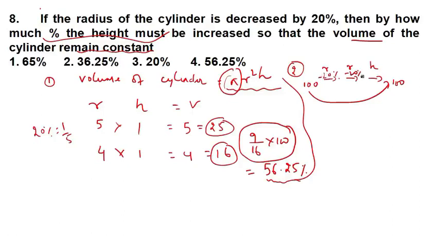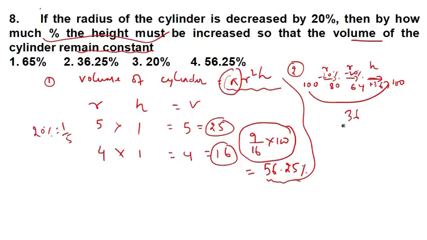Okay, so 100, if it gets decreased by 20, it will be 80. Again, if you decrease 80 by 20%, you get 64. Now look guys, here we did not know the height percentage. It is asking by how much percent you have to increase the height. So it is clearly, you can see that if you want to get 100, you have to increase 64. You have to plus 36.